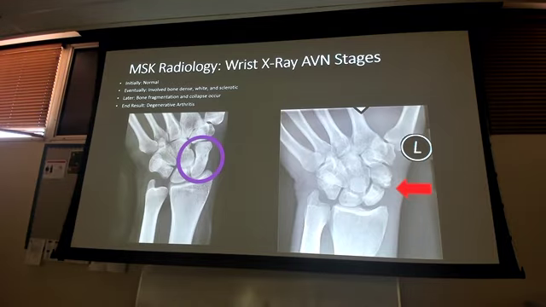So here it is on the scaphoid. Here's the catch with avascular necrosis, okay? This is one of the few times that left x-ray is not normal, okay? It is not normal. So there's a big purple circle around it. However,